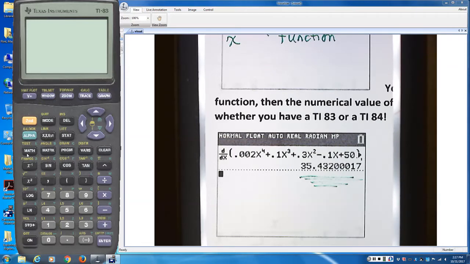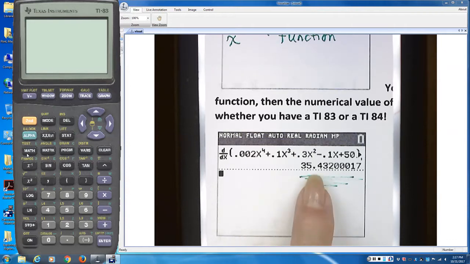It's the same answer. Okay? And your interpretation would be the same. C prime of 9 equals 35.4, 35.43 with a dollar sign, depending on is it an application problem or what